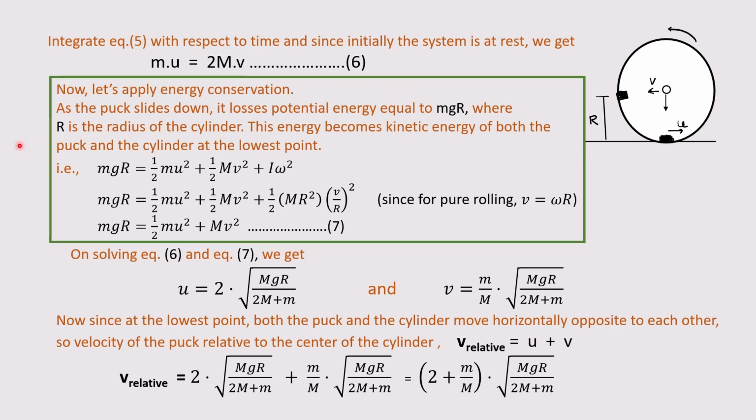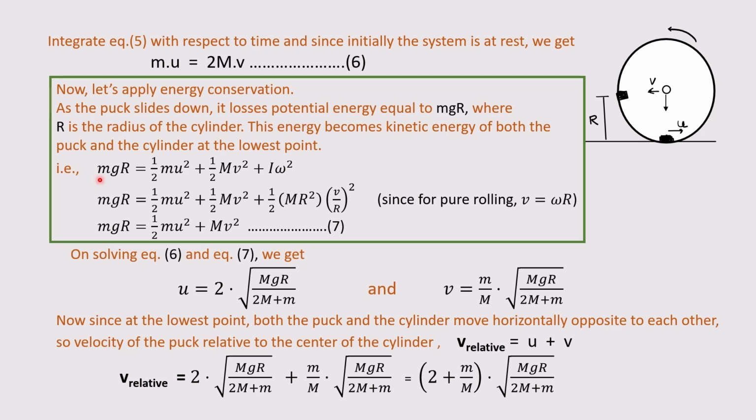Now we would apply the energy conservation law on the moving system, and as we can see in this picture, as the puck slides down, it loses potential energy. This is equal to mgr. Here m is the mass of the puck and r is the radius of the cylinder, and this energy becomes kinetic energy of both the puck and the cylinder at its lowest point. So we can write it as